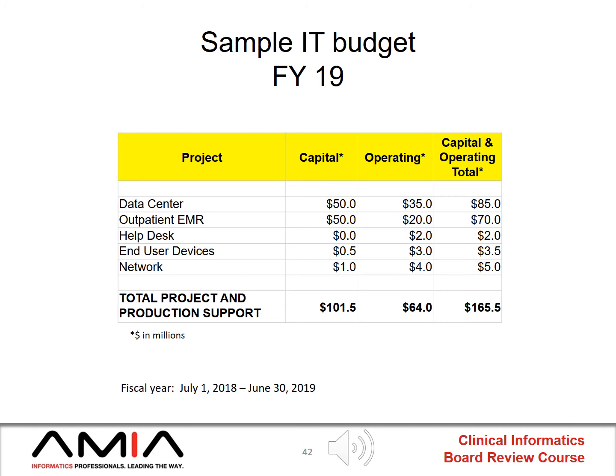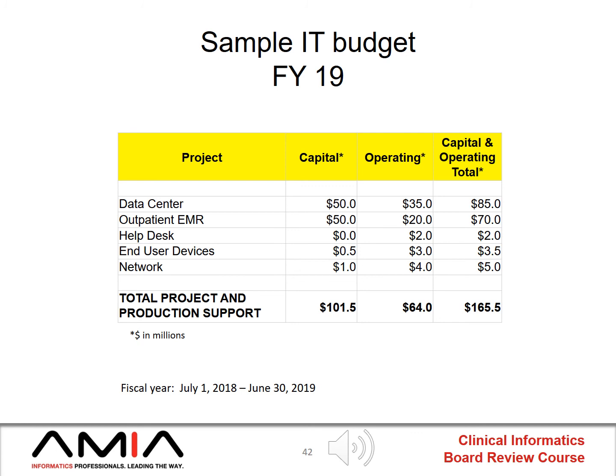There's more capital than there is operating in this case, and that means that there's some project or large capital expense pertinent to the data center that year. What might that be? Well, we can see that in that same fiscal year we're planning for an outpatient EMR, and that has a much larger capital budget than it does an operating budget. And so this might account for the rise in the data center capital budget, that we have a big initiative in outpatient EMR. There is an operating component to this, but most of the expense in FY19 is in the